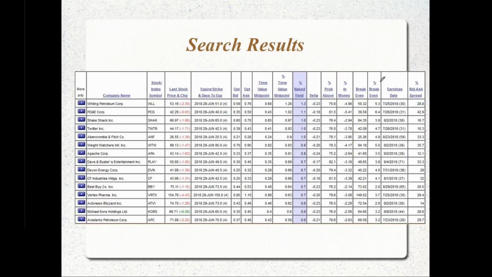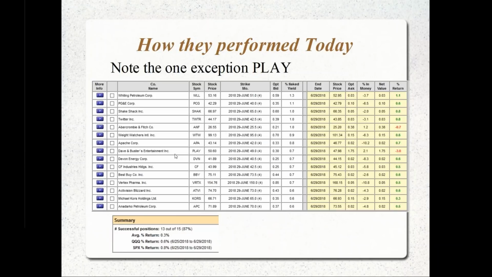Okay, so that was on Monday. Now, going forward to today, we can see that pretty much all of those positions met their goals. WLL, we sold the 51 strike, and the stock ended at 52.95. This was about an hour before the close, so I want to get the slides together. But over here on the far right, you can see pretty much all of them had a positive return, or at least hit close to the maximum return, with only 2 exceptions.